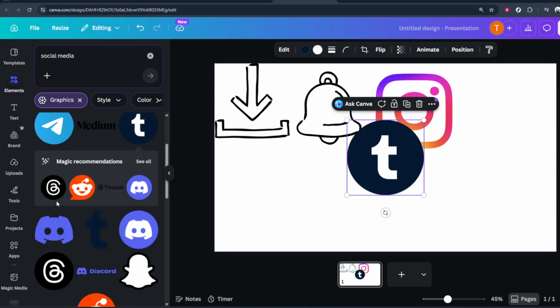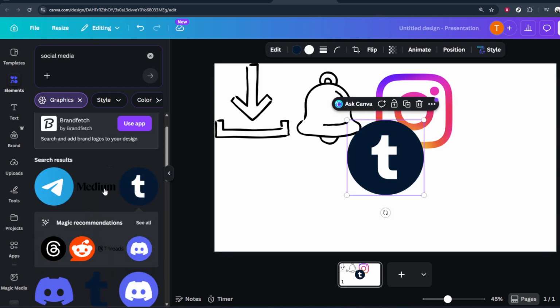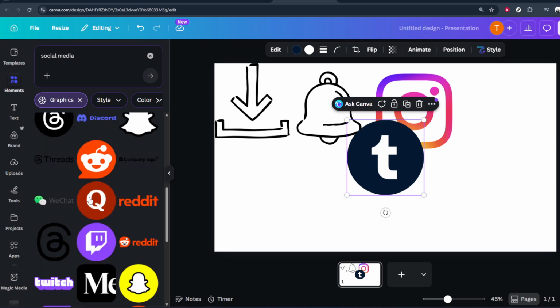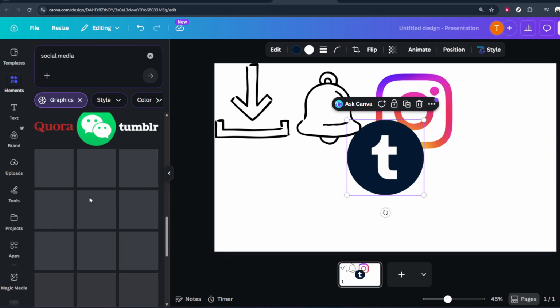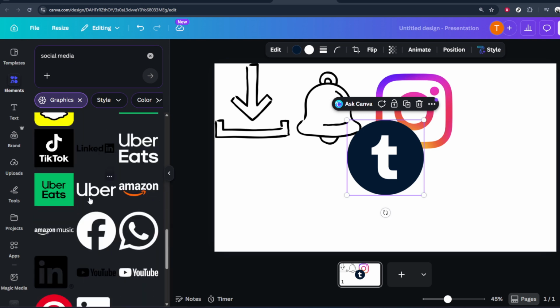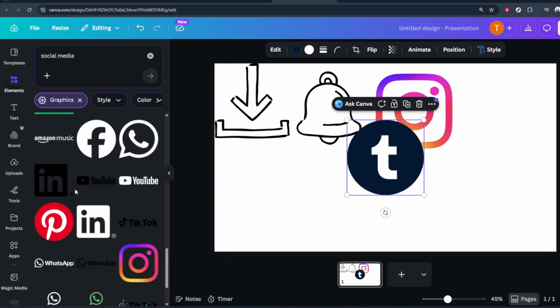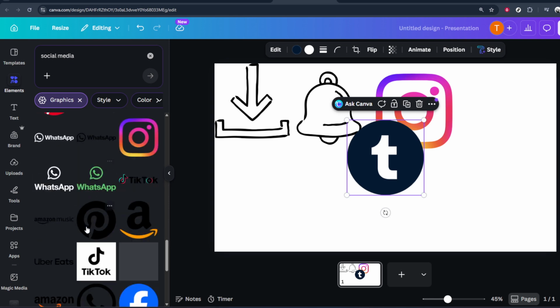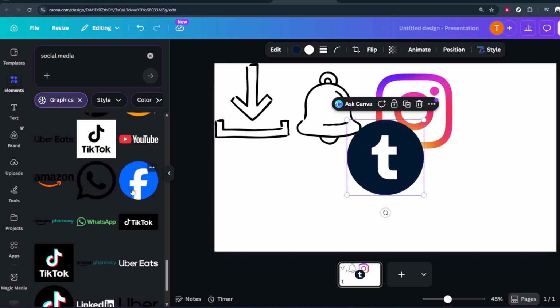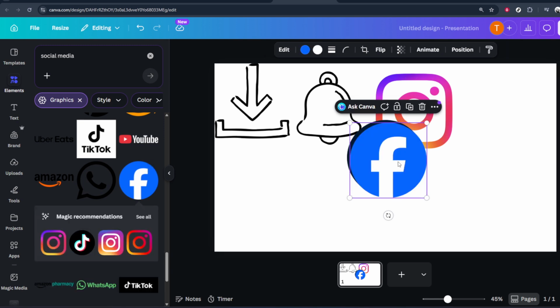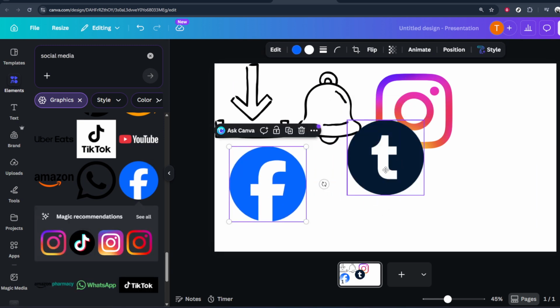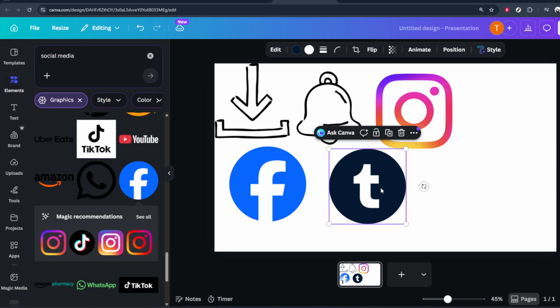From here, you can click and drag the icon to move it around, or use the white circles on the corners to resize it. Drag outward to make it larger or inward to make it smaller. Try to keep the proportions consistent, so it doesn't look stretched or squished. Repeat this same process for each social media platform you want to display. Click Elements, type the platform name, choose your favorite icon, and add it to the